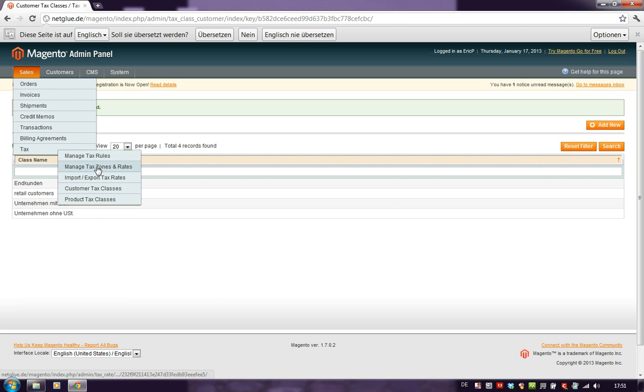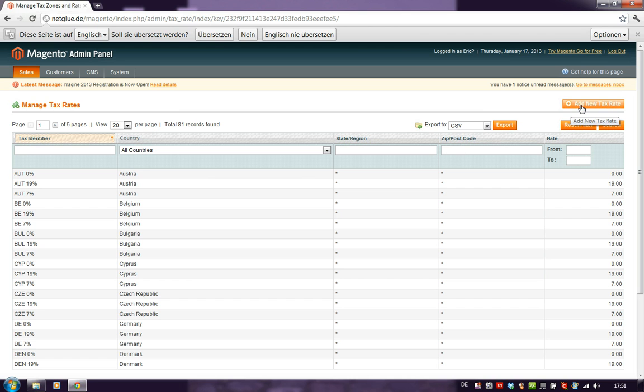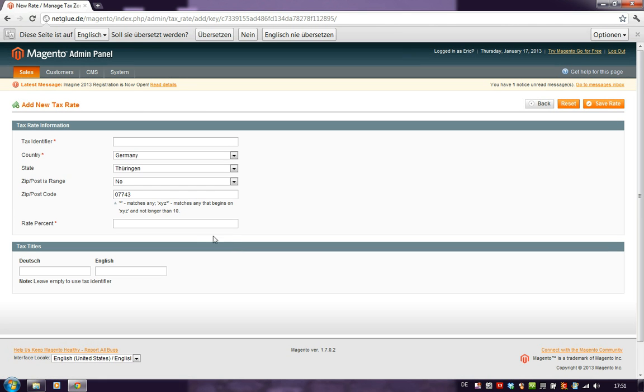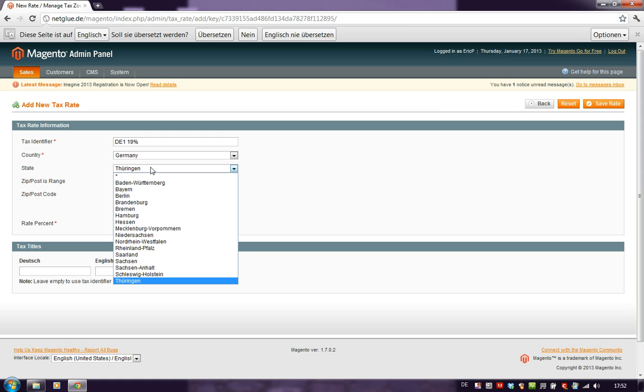So I go to Manage Tax Zones and Rates and add a new tax rate, and different information have to be filled in. So we start with the tax identifier, which contains the acronym of the country and the tax rate. I will choose DE1 19% for Germany, and the country itself, as I said, Germany, and the state is marked